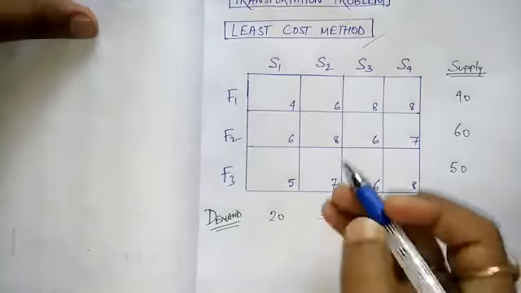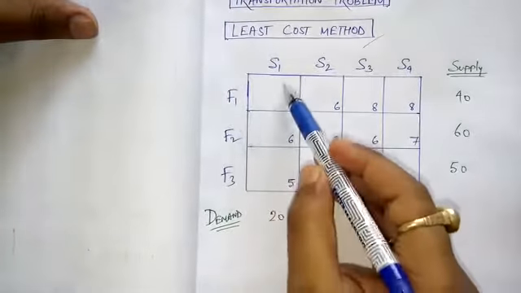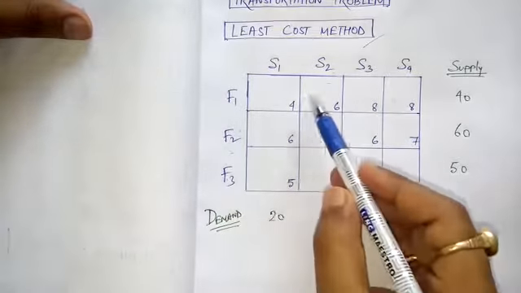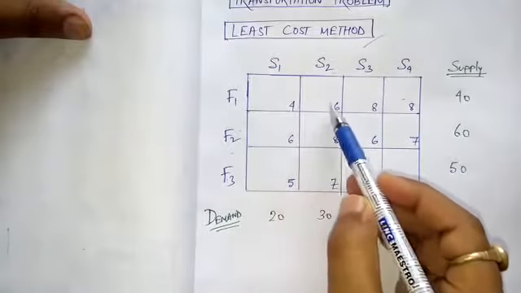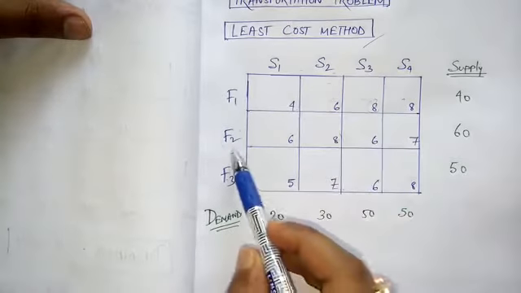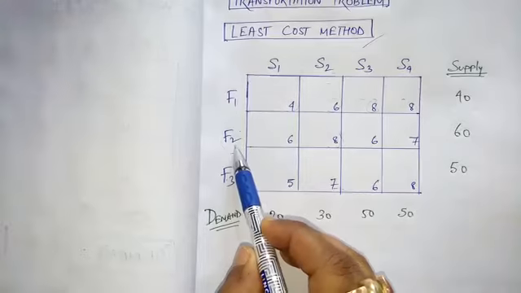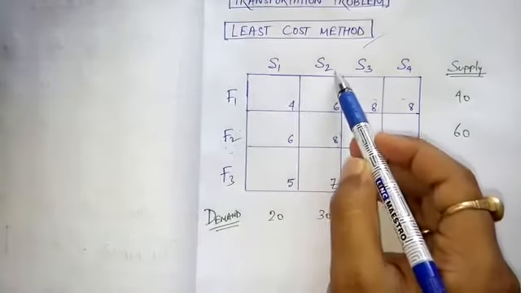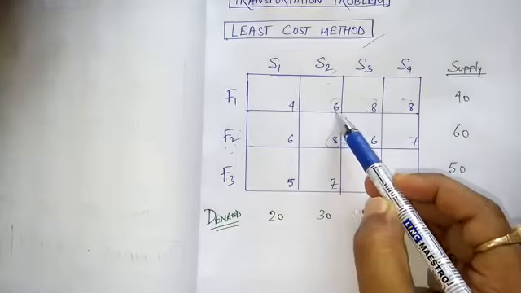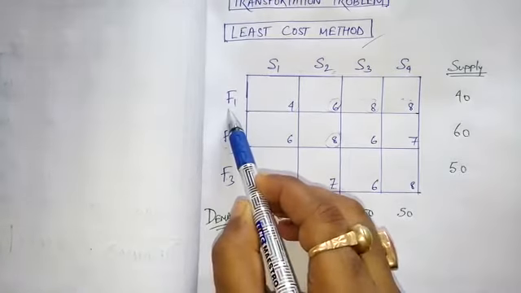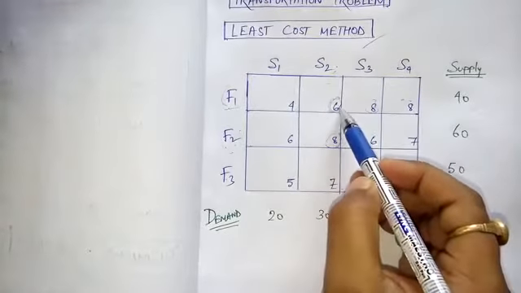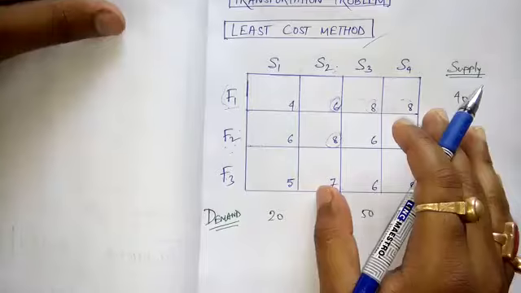Okay, let's start. These are three stores. These are four stores. These are three factories. You have to supply goods from these factories to these different stores, and the cost of transporting one item is given here. Suppose I am talking about this value. What does this value mean? If you want to transport one item from factory 2 to store number 2, how much will it cost? 8. Another example, take this value. If you want to transport one item from factory 1 to store number 2, how much will it cost? 6. Okay, you have understood this.